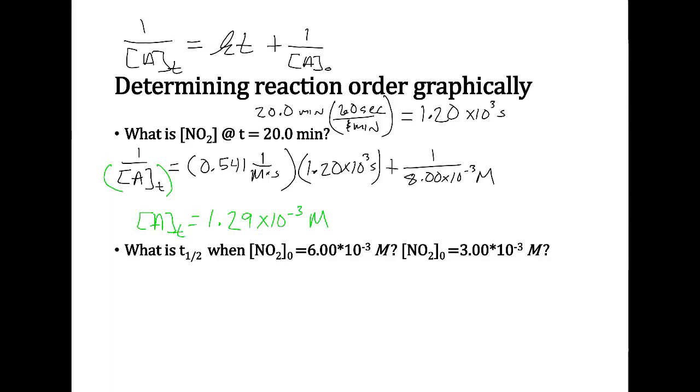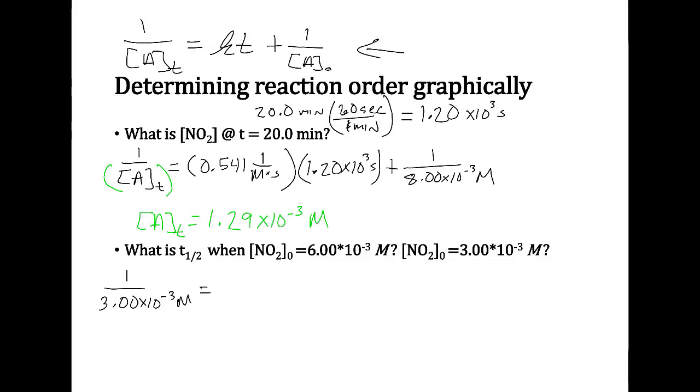So the last part of the question is to solve for the half-life with an initial concentration of 6 times 10 to the negative third. So what we're trying to do here is show that the half-life is dependent on the initial concentration. So we're going to start with our equation for the second order rate law up here again. Now our concentration at the half-life will be 1/2 of the initial concentration. So 1/2 of that is 3 times 10 to the negative third molar